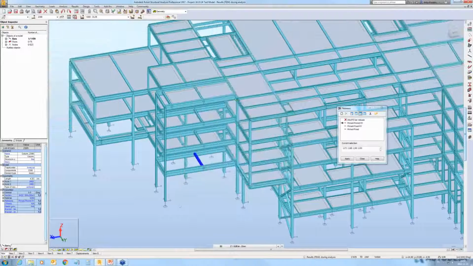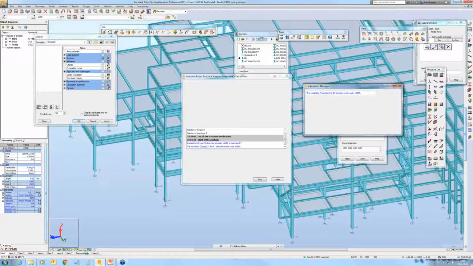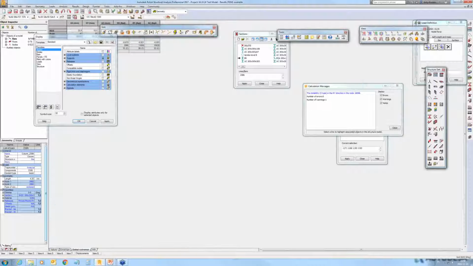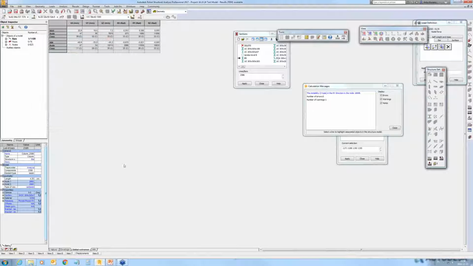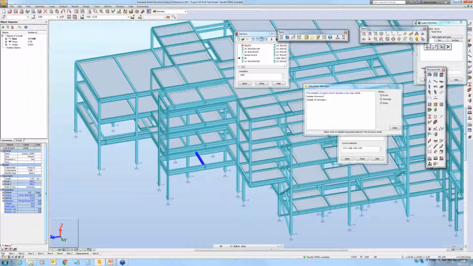Okay, so we have still the instability reported, but let's have a look at what we achieved for rotations. So, okay,